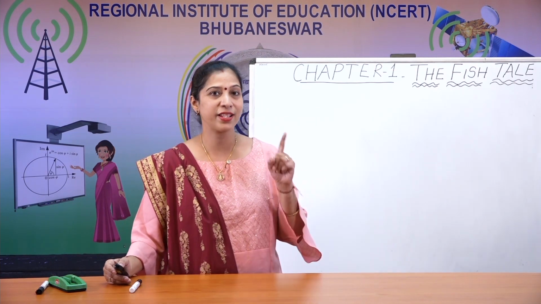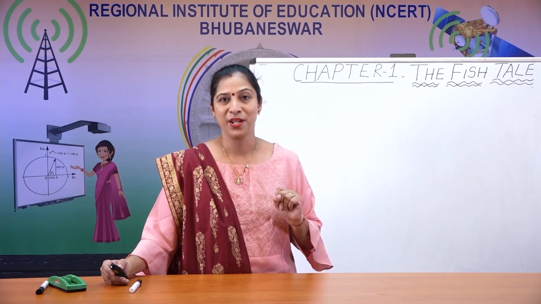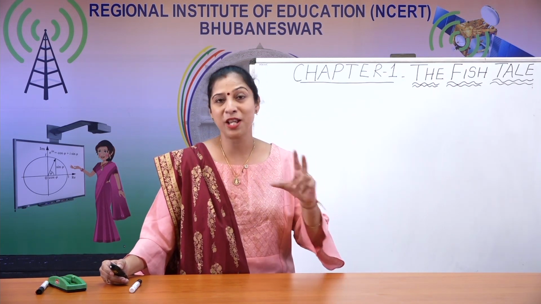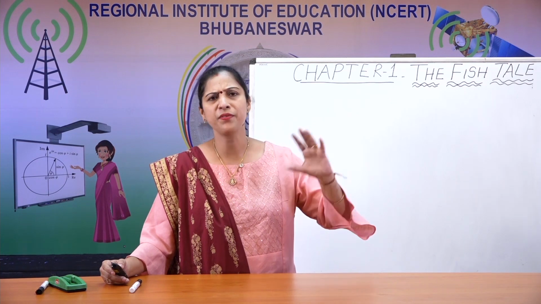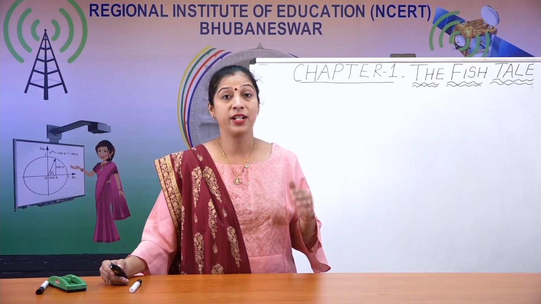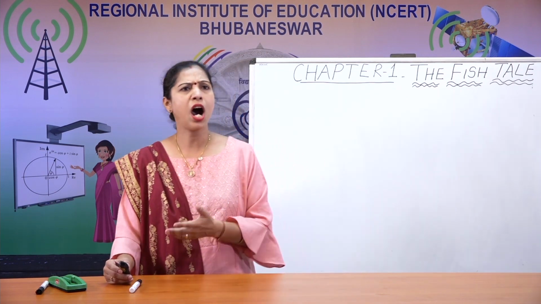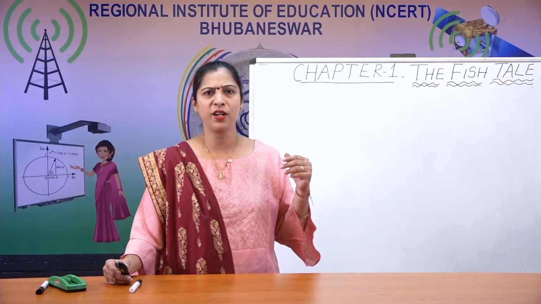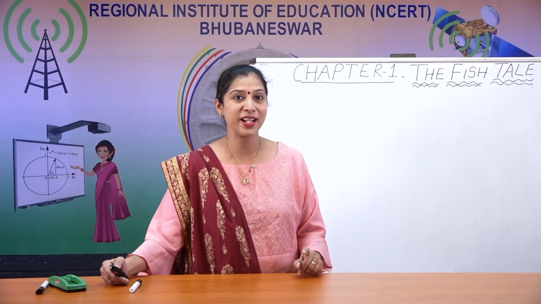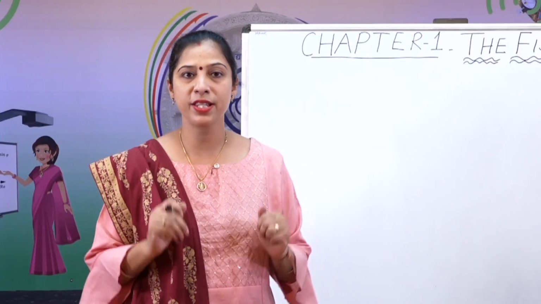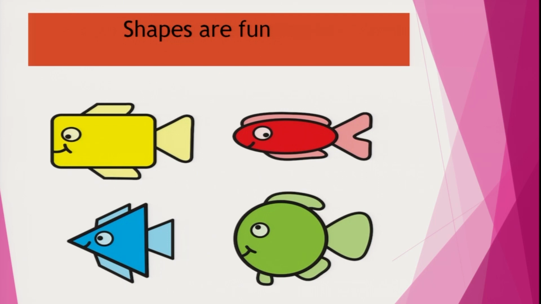You have heard another thing called tangram, where only shapes are used to make a lot of different things, not only fish. The tangram shapes are used to make humans, houses, dogs, whatnot. So just find out what tangrams are. Now you can see on the screen there are different shapes which are used to make so many different types of fish. I can also make one over here.